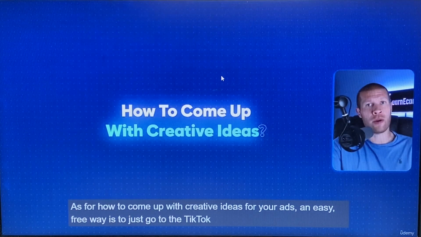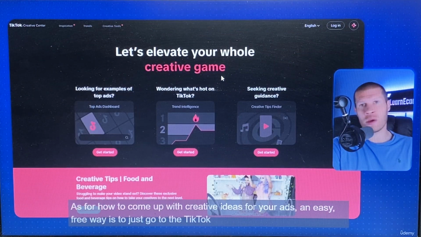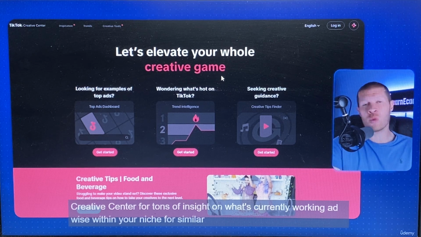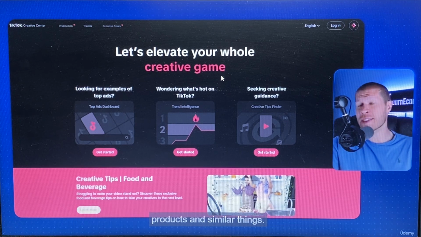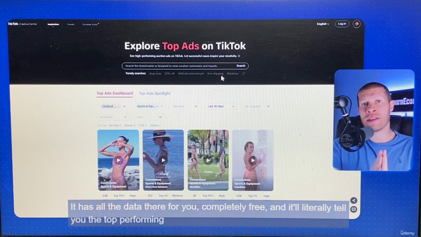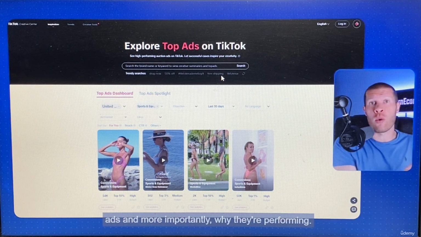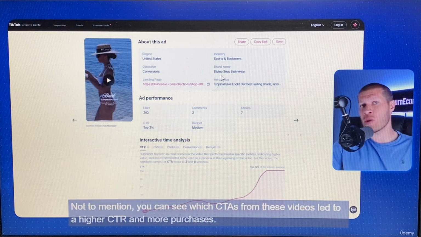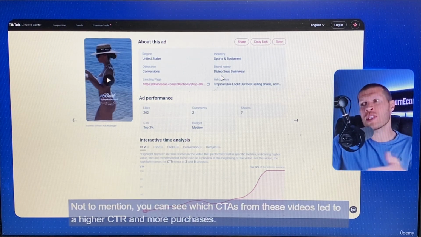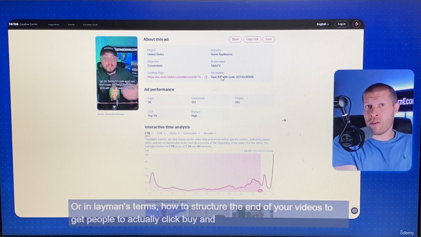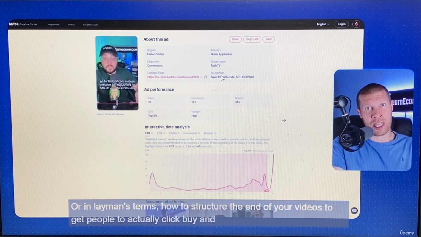As for how to come up with creative ideas for your ads, an easy free way is to just go to the TikTok Creative Center for tons of insight on what's currently working ad-wise within your niche for similar products and similar things. It has all the data there for you completely free, and it'll literally tell you the top performing ads and, more importantly, why they're performing. Not to mention, you can see which CTAs from these videos led to a higher CTR and more purchases, or in layman's terms, how to structure the end of your videos to get people to actually click buy and make